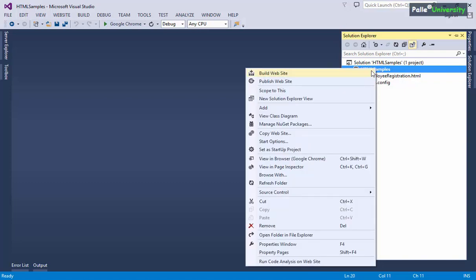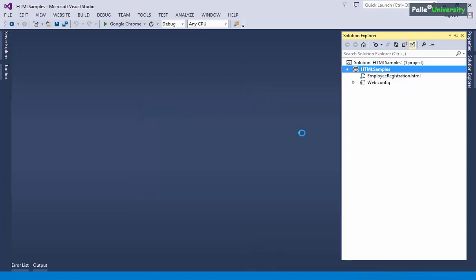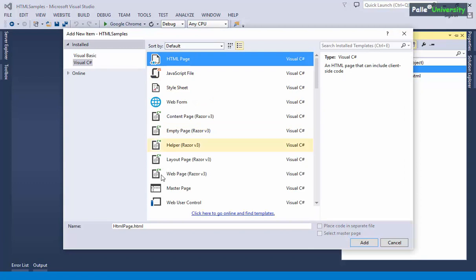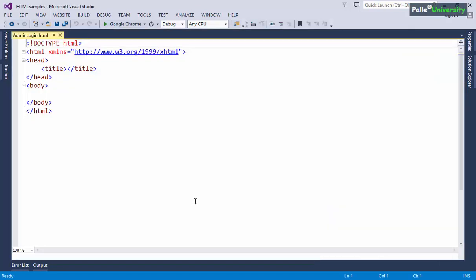Now let me right click on this website, click on add new item, select HTML page, and I'll call this page name as adminlogin.html.